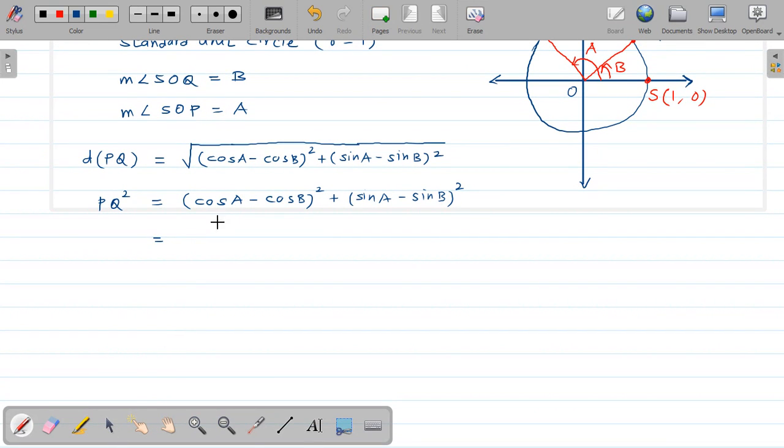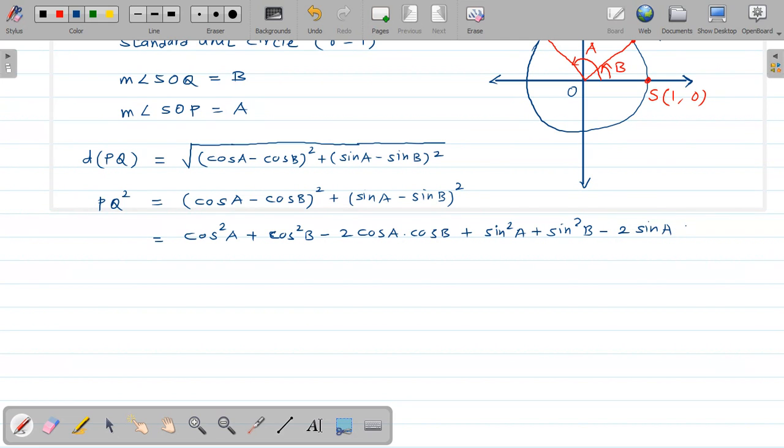We get cos square A plus cos square B minus 2 times cos A into cos B, plus sin square B. See the expansion of the next bracket, it will be sin square A plus sin square B minus 2 times sin